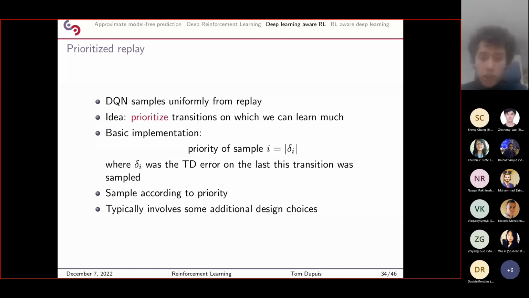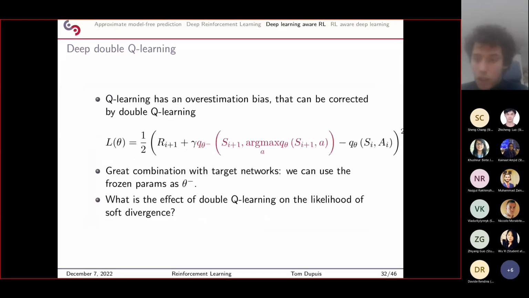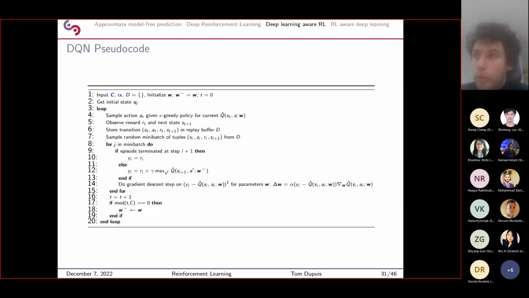on this transition. So remember the algorithm. The temporal difference error, it looks like the mean square error here, where it's written y minus the Q value prediction. This is what is called the TD error, temporal difference error. This is the same error that you have in temporal difference learning. And